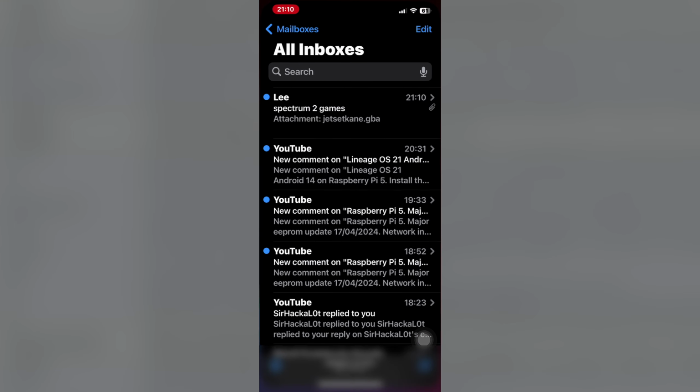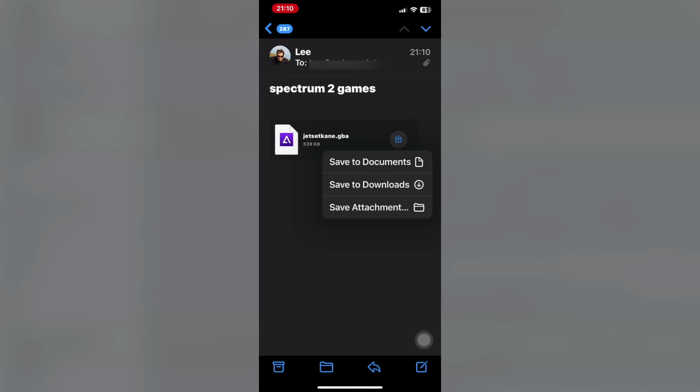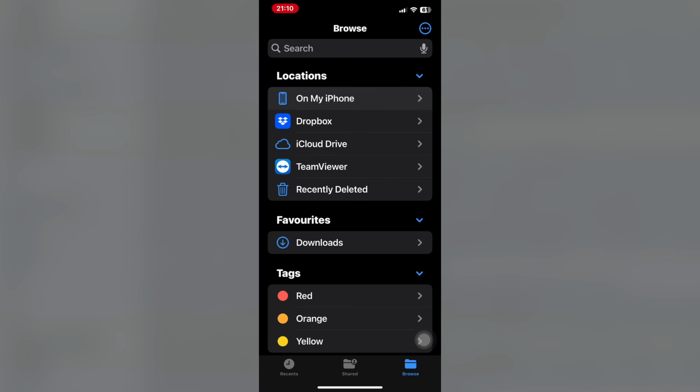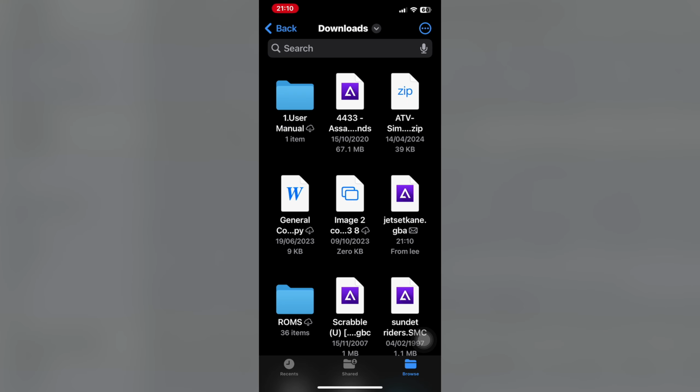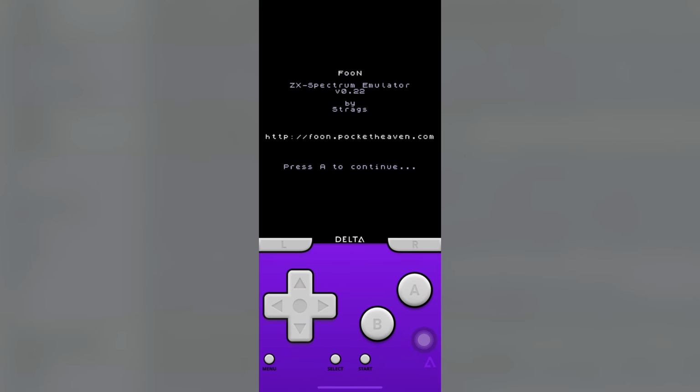Okay, so if I go into my emails, you can see it's at the top here, Spectrum 2 games. So let's save that file and I'll save it to downloads. And then if I go into my downloads folder, so browse back to that, downloads, jetsetkane.gba. So if I click on it, it recognises it as a Game Boy Advance file. And as you can see, it's added it to my list of games. And if I click on it, A to continue,